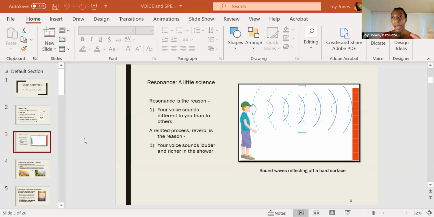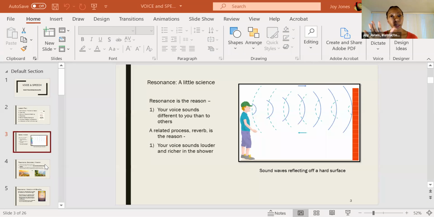Also, sound waves bouncing off of hard surfaces are why we all sound awesome in the bathroom. Lots of hard surfaces, usually some ceramic tile, and usually a relatively small space. So it's a nice nest of sound, coming out of our mouths and bouncing back, so our voices sound louder and fuller. So if you ever need a voice self-esteem pickup, you can just go practice in the shower. Showers also happen to be good because there's usually moisture there. That's good for you, so singing in the shower is recommended.